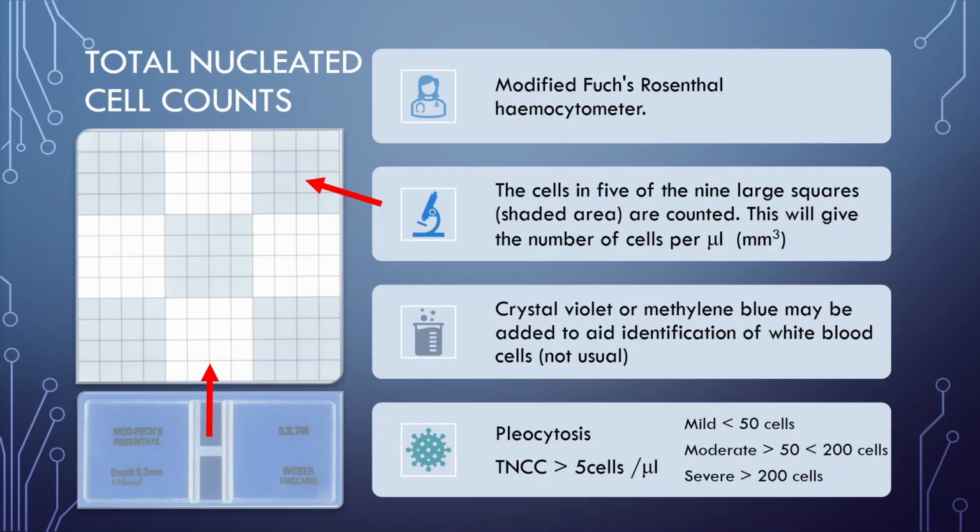For the vast majority of people, we still use a hemocytometer, which might be regarded as a slightly old-fashioned piece of kit. But when you have something which has very low cell counts, then this is still one of the most accurate ways of determining the number of cells. It also can be done very easily in an in-house laboratory and done very quickly, because the thing about CSF analysis is you do want to analyze that sample quickly,